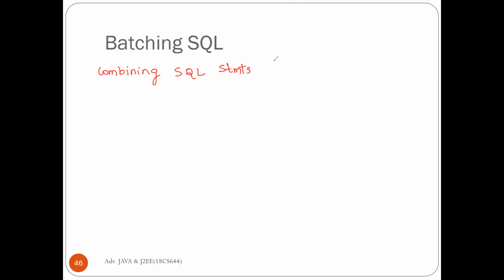Whatever SQL statements we have in a transaction, they will all be grouped together into a single transaction, and this single transaction is executed.